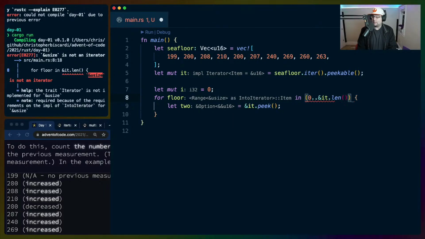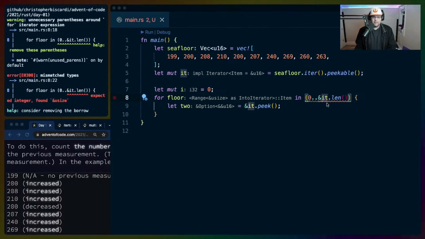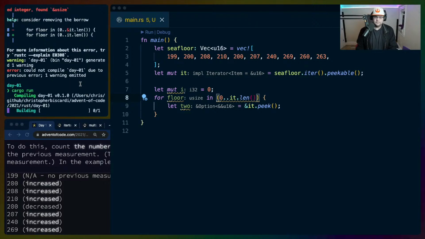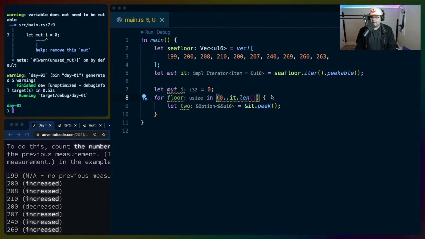I'm blanking. I clearly haven't had my coffee today. 0 to range. Expected integer, found reference to usize. Okay, so now we have the number of items that we're going to have. We're actually not going to use this.